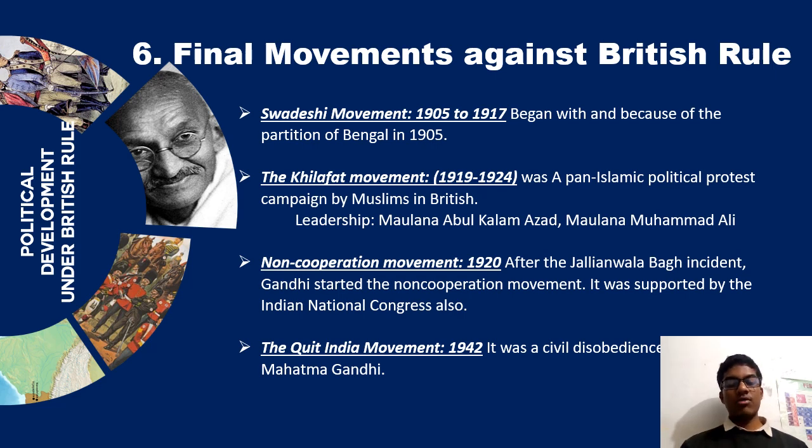The Khilafat movement of 1919 to 1924 was led by Maulana Abul Kalam Azad and Maulana Muhammad Ali. The Khilafat movement was aimed to build political unity amongst Muslims and use their influence to protect the Khilafat. It was a political campaign launched by Indian Muslims in British India over British policy against Turkey and the planned dismemberment of the Ottoman Empire after World War I by the Allied forces.